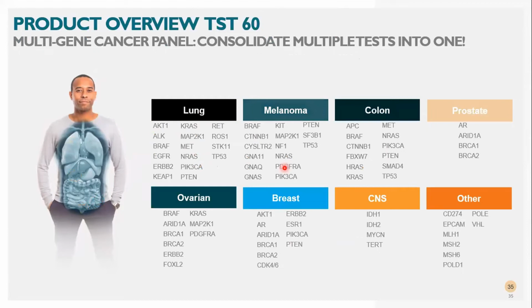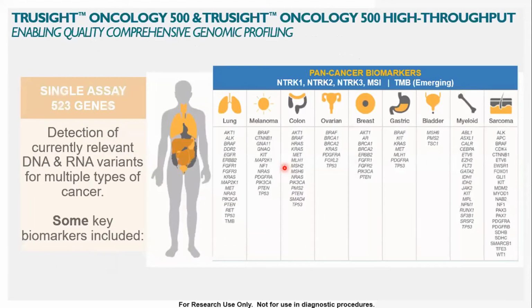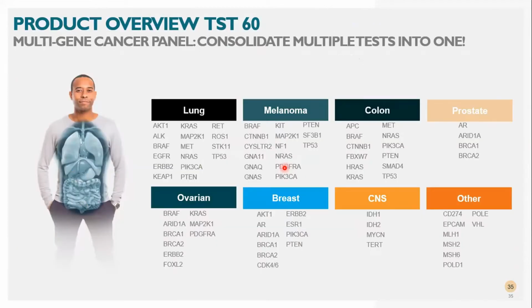Similarly, there's a panel called TST16, which is again for 8 different types of cancers. And the other thing is, the biomarkers are increasing every year. Many more biomarkers are being discovered, and their importance is being actually relevant for